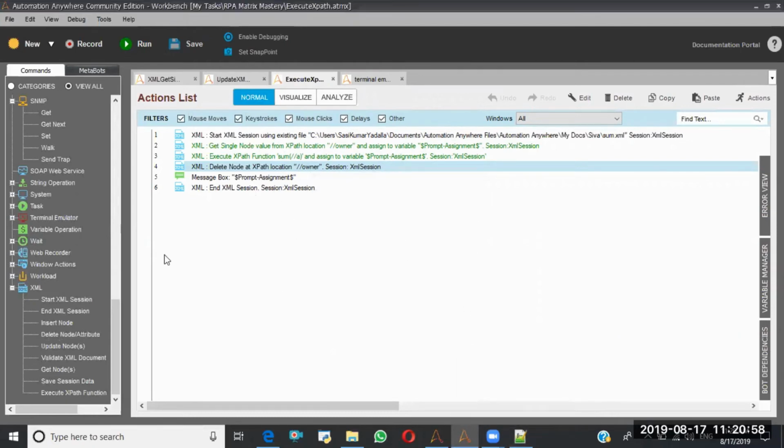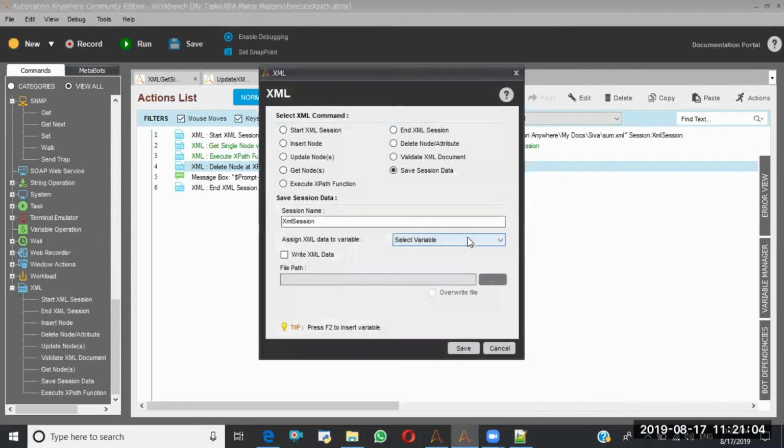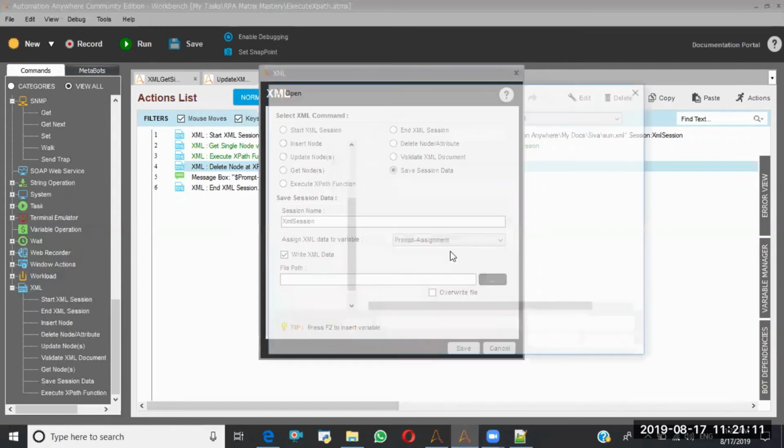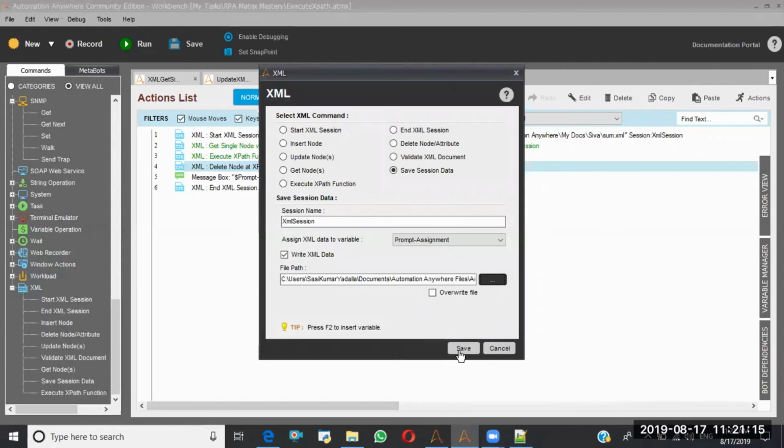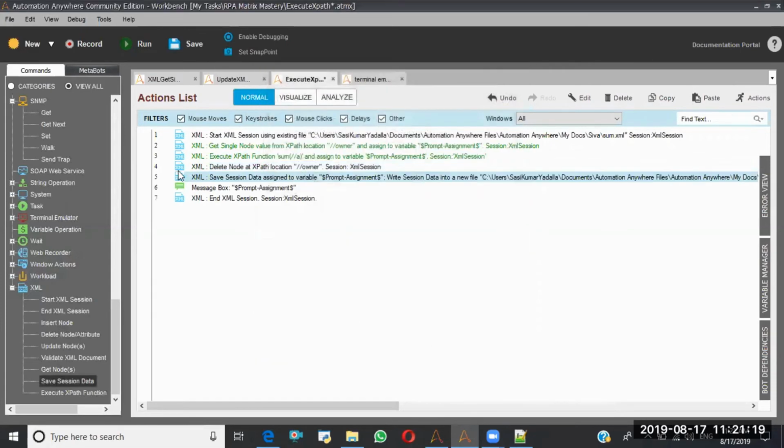Okay, so here I'm not saving the XML session, right? So that will not update. Let me save the XML session. The assignment. I'm doing this. I'm updating the sum file so that I'm going to remove this one. Save,